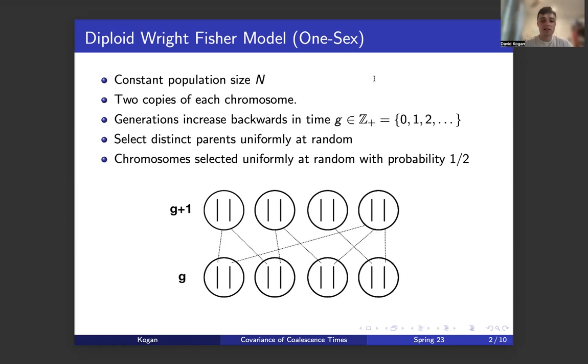And here we're given a constant population size n, which represents the number of individuals. And so essentially, we say we know our individuals in generation G. We want to construct generation G plus 1, which is one step backwards in time. So generation G plus 1 are the parents of generation G. And what we do is for each individual in generation G, we randomly select two parents. And then for each of the parents, we randomly select one of the two chromosomes to be in the child